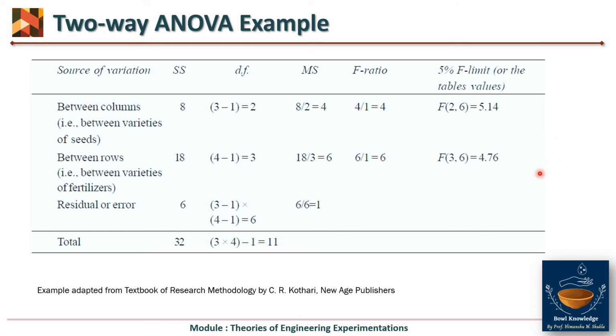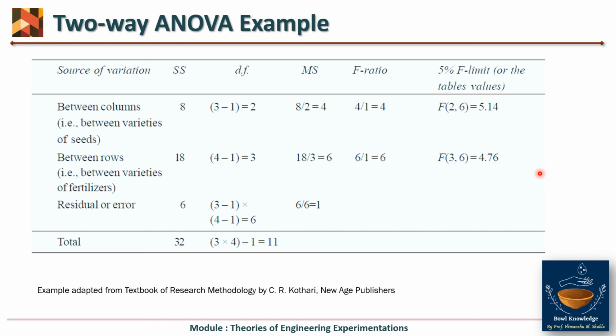So that's why solving the numerical of ANOVA manually is much more important first. Then once you understand the concept of ANOVA, how it is calculated, what is SS, what is SS between, what is SS within, what is SS between column, between rows, then how we calculate MS from SS, what is degree of freedom, ये सब जब तक समझेगा नहीं, so सॉफ्टवेयर क्या करता है, वो आपको रिपोर्ट जनरेट करके देता है, but to understand that report you should know the concepts very well. That's why we have taken the solved example.